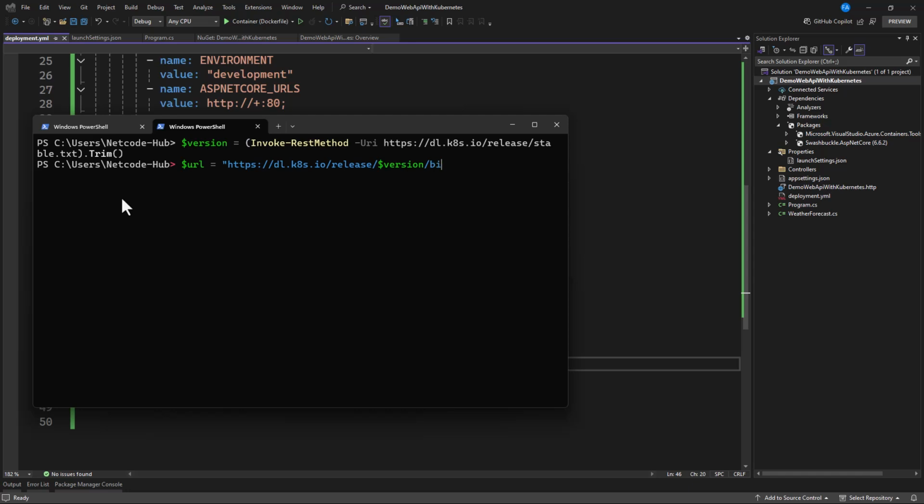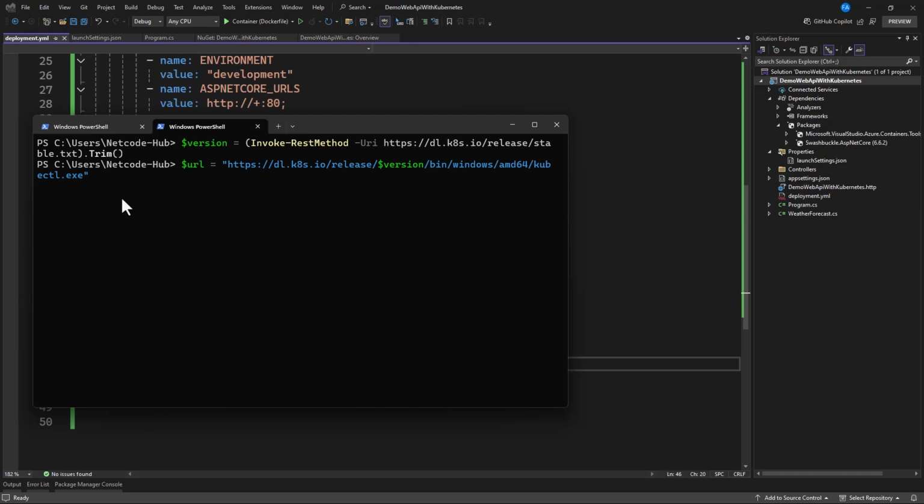And now bin, then windows, then amd64, and in that we need to have our kubectl.exe. Okay, now this should be in double quotes, as you can see from here.